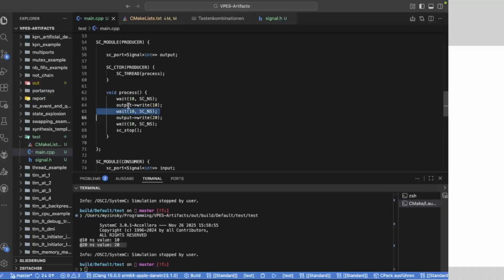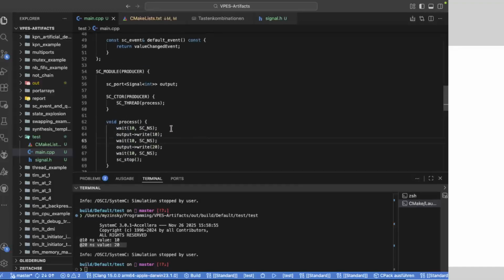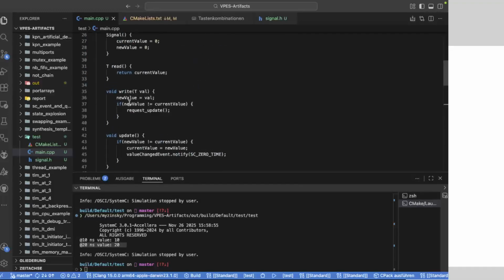In the evaluate phase when we write this, we request the update, and then if all methods and threads are evaluated, the SystemC kernel transfers